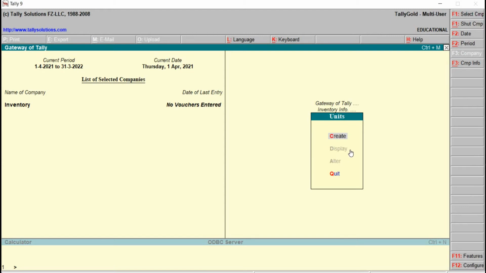Here we can see display and alter are deactivated. This indicates that by default we don't have any predefined or built-in units of measure provided by Tally. Whatever we create will be user defined. Let's go for creating simple units of measure.